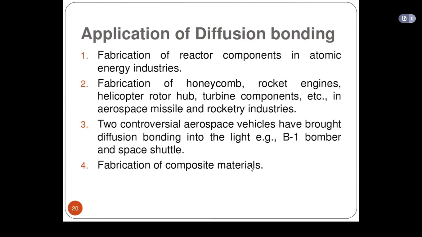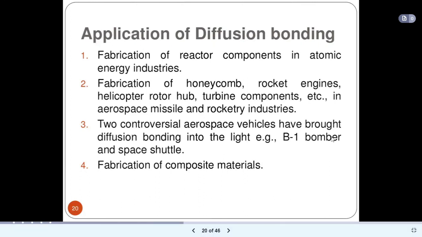So what we have discussed in today's session is what is meant by diffusion bonding, what is the procedure for diffusion bonding, how we can use this process, and what are the parameters that affect the diffusion bonding, that is temperature, pressure, time, surface preparation, properties of the material, interlayer, all these factors will affect the property of the weld. Then what are the advantages of this welding process, what are the limitations of this welding process, and what are the applications of the diffusion welding process, all we have discussed in today's session.